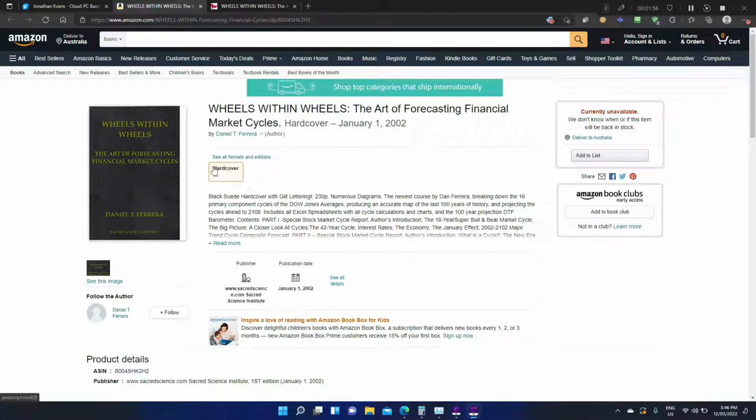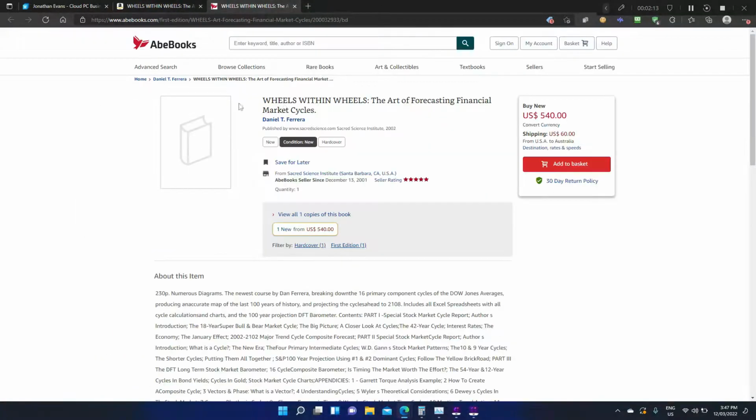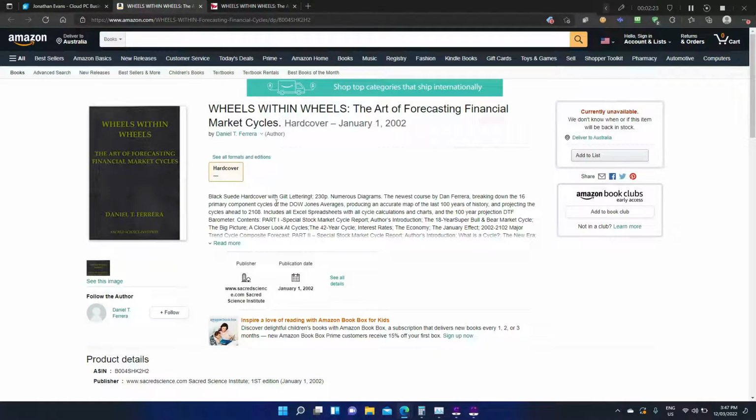I've got on board, I guess, a lot more mentoring and coaching, and even gone down my own route. And The Art of Forecasting Financial Markets was a book that I bought from Daniel. It's not currently available on Amazon, but I did find one. Depending on the currency at the time, and if it's on special or not, you're going to pay about $1,000 for it. I got it for just under $1,000. So it's an expensive book, but this is going to go into more details.